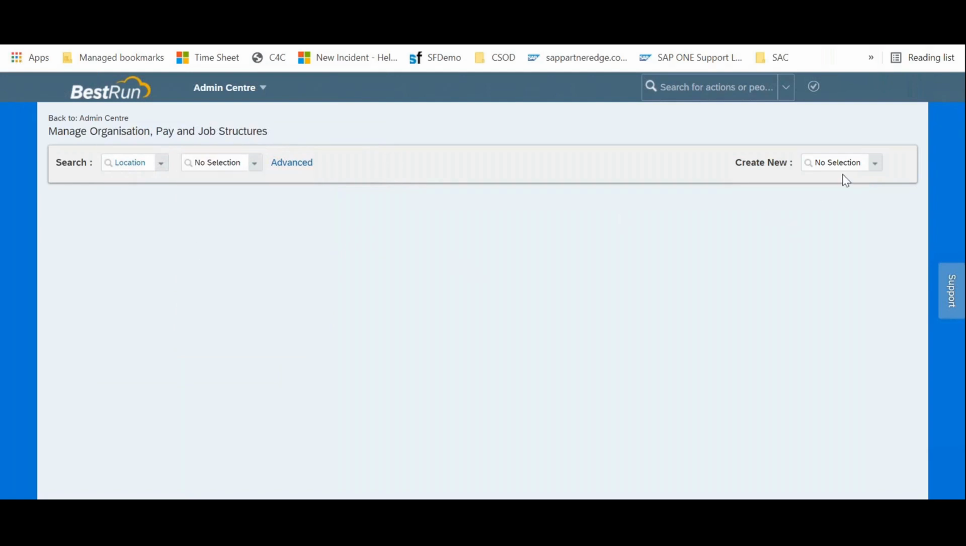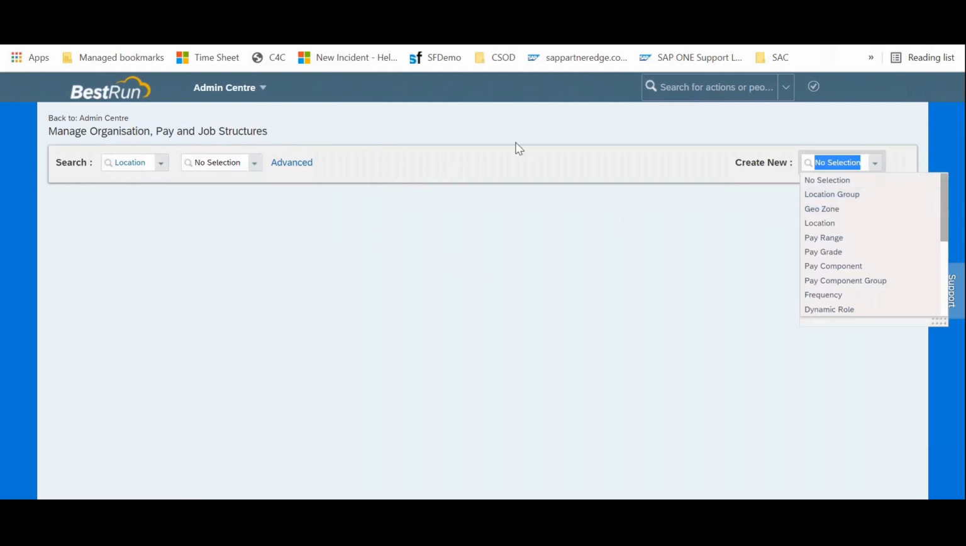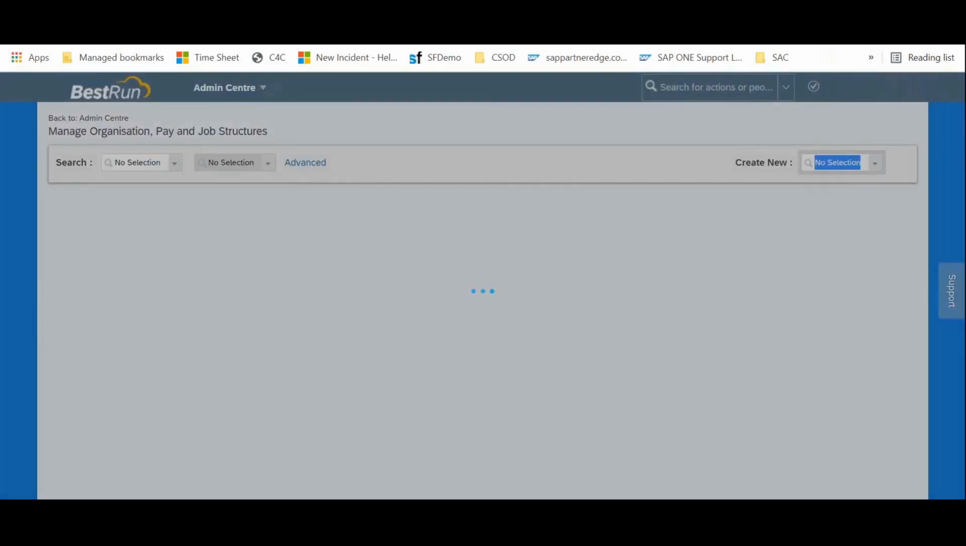Now let's go and see that. Of course, we'll create it again, but just to show you the basics, let's say I want to create location. I'm taking one example; you can take any one of them. I'm just taking location because it will be good to understand. So let's take location. The moment I click on it,